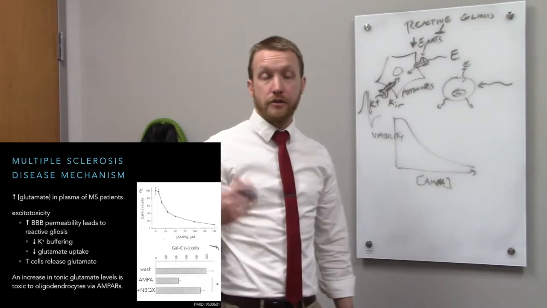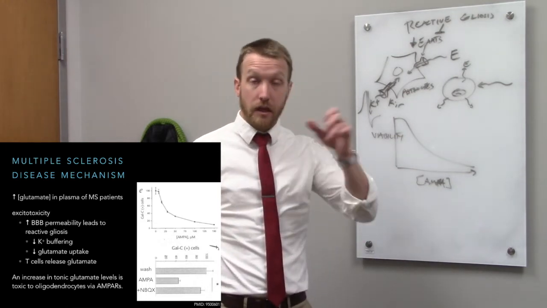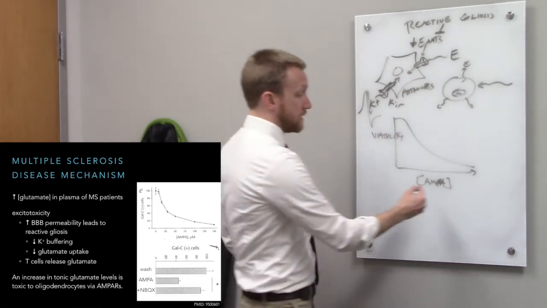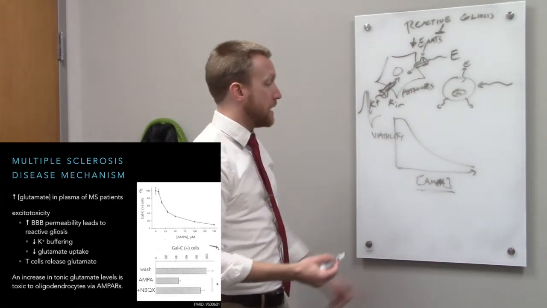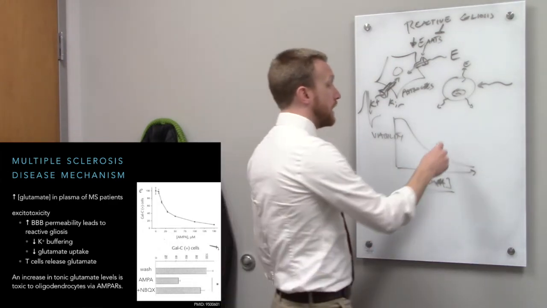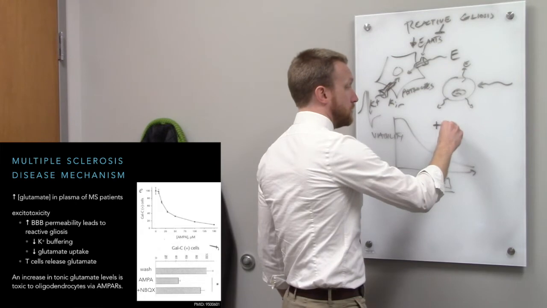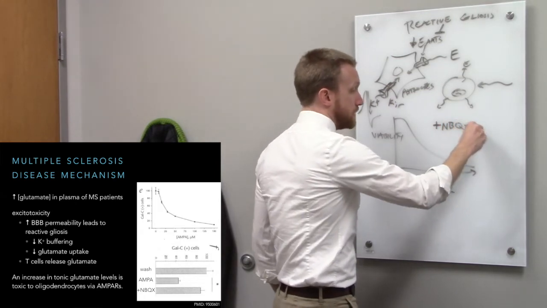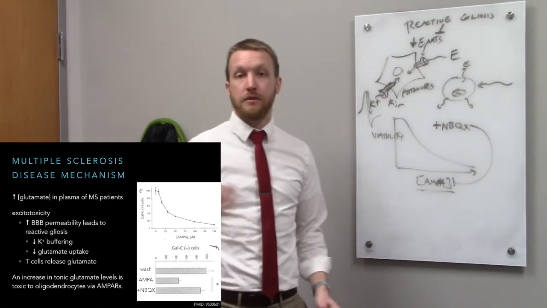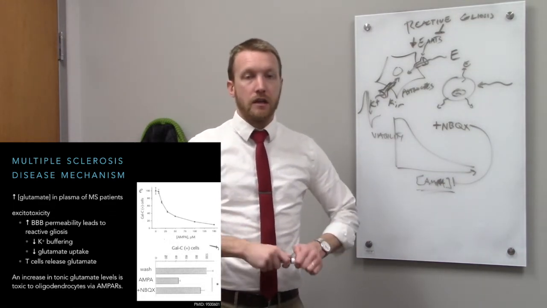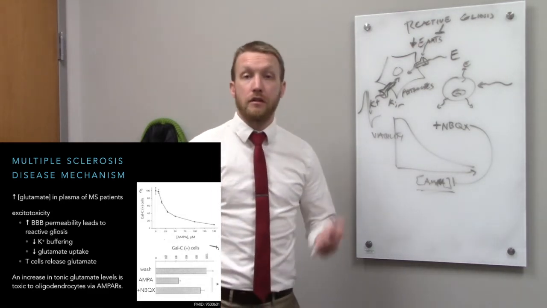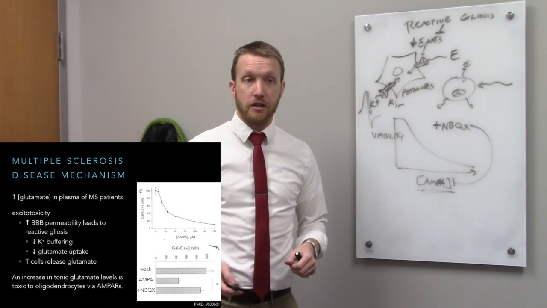On the bottom there, they're showing you the same thing. So they have the wash, which is just a control. Apply some AMPA. AMPA is going to stimulate glutamate receptors. That's toxic. Then they have that final bar where they add NBQX. This is an AMPA receptor antagonist. If we block AMPA receptors, then we don't experience that toxicity. So just like in other disorders, glutamate toxicity could be contributing to the loss of oligodendrocytes and neurons in multiple